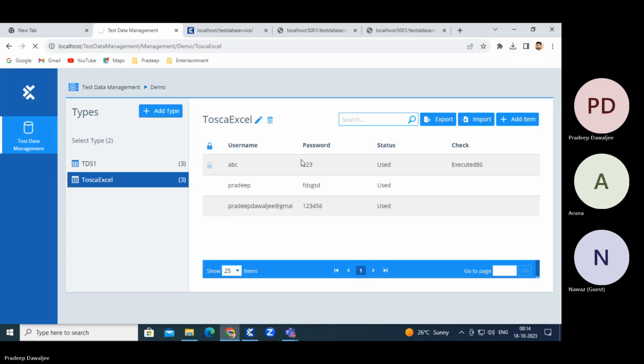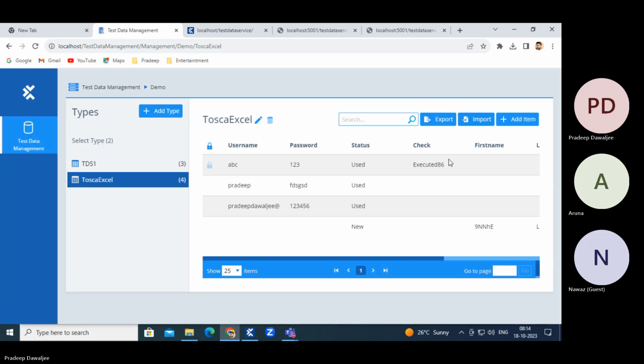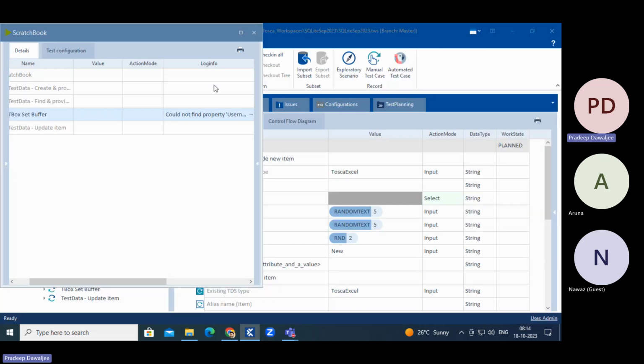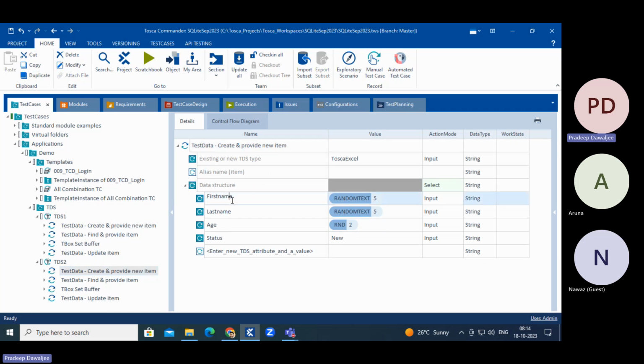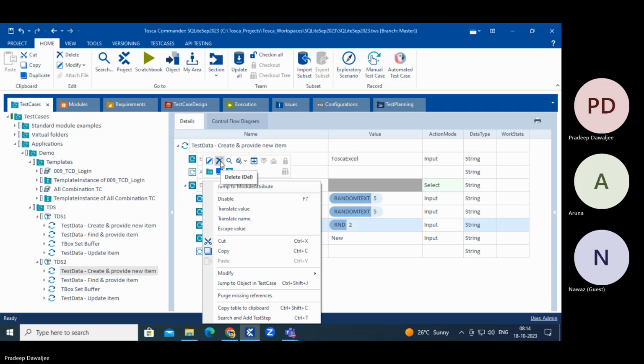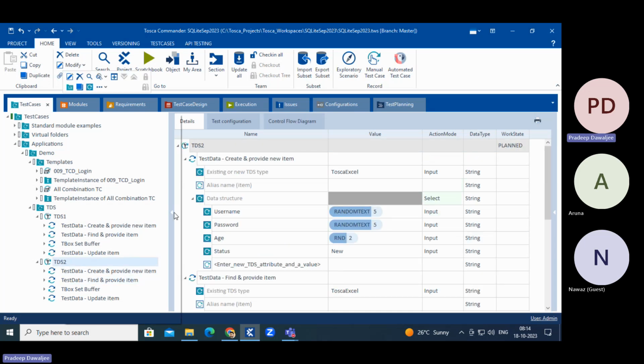here if you see, this first name, last name. Actually, I shouldn't have created the first name and last name. It should be, while creating, I was giving this one, but this is not that one. I want it as username. I want this as password. Age, if you want, yes, keep it, else leave it. So now if you execute,